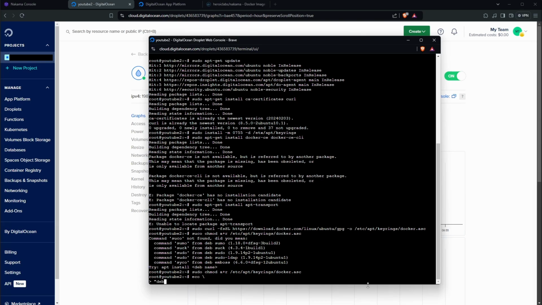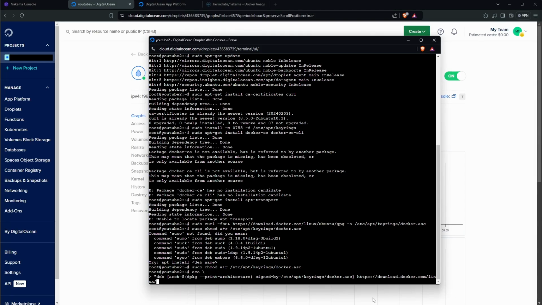So we'll say quote deb [arch=$(dpkg --print-architecture) signed-by=/etc/apt/keyrings/docker.asc] https://download.docker.com/linux/ubuntu